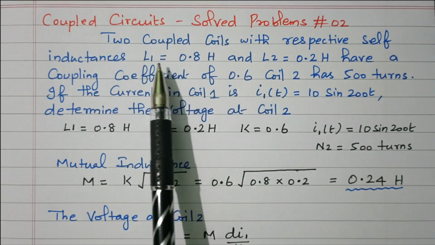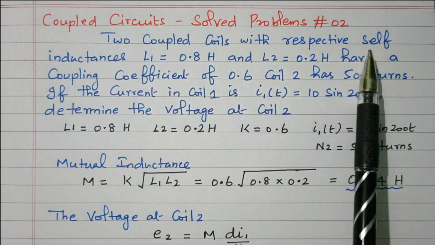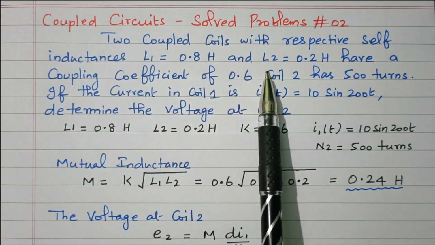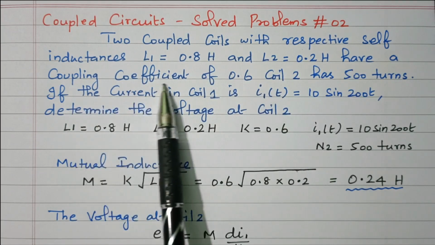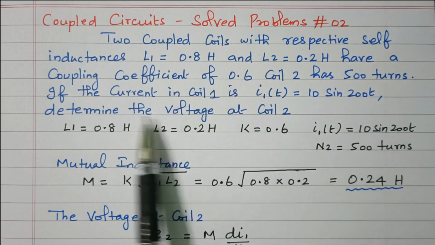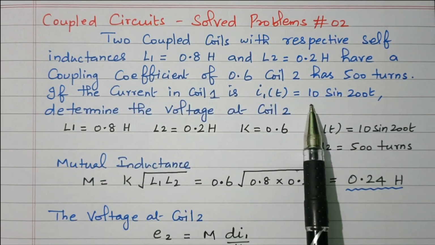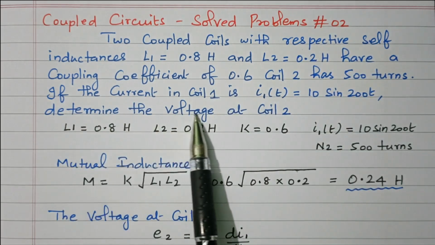Now we will go to the problem. The statement is: two coupled coils with respective self-inductance L1 equal to 0.8 Henry and L2 equal to 0.2 Henry have a coupling coefficient of 0.6. Coil 2 has 500 turns. If the current in coil 1 is I1 of t equals 10 sin 200t, determine the voltage at coil